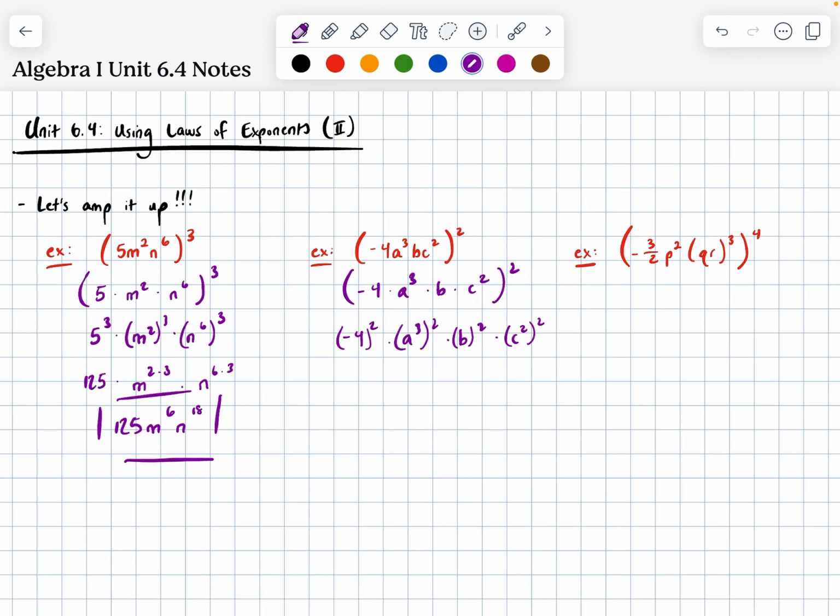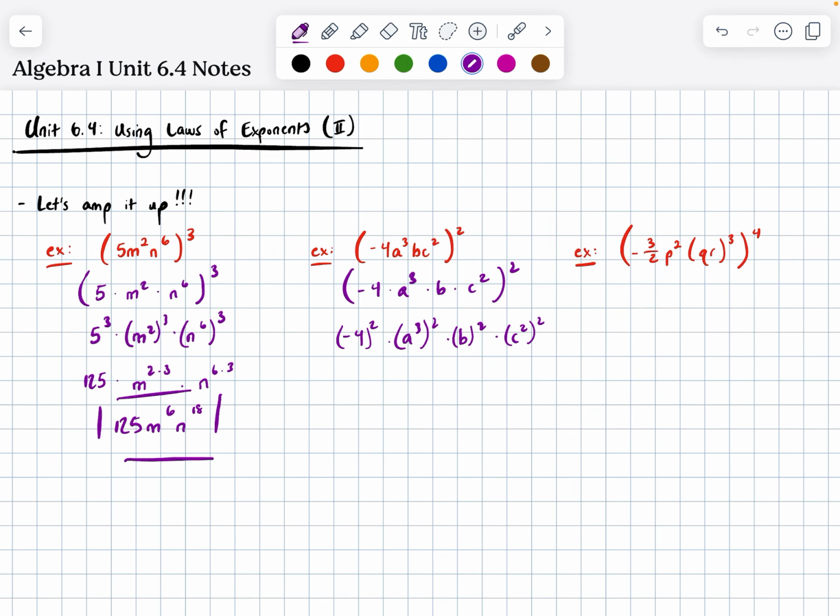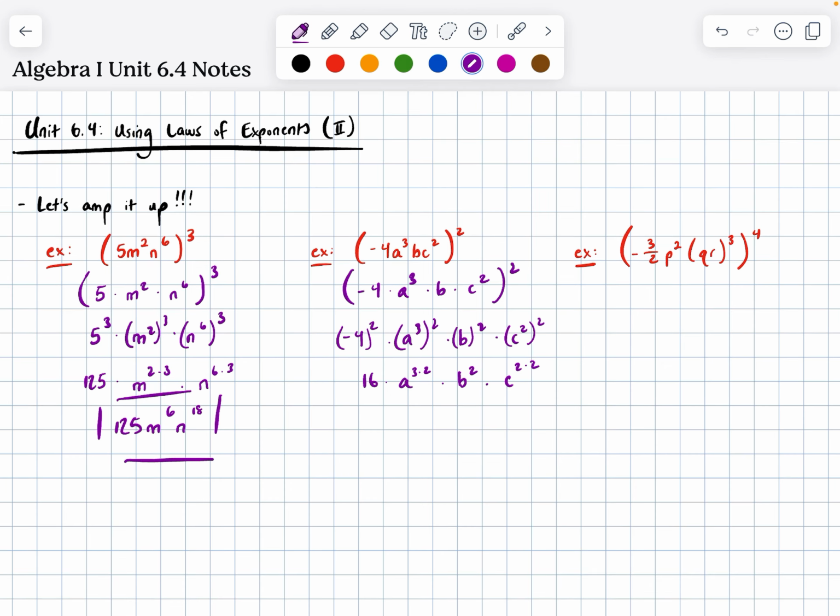All I need to do now is find my squares. Well, negative 4 times negative 4 gives me positive 16. I have a cubed squared, multiplying my exponents, so 3 times 2. B squared is just b squared. And then c squared squared, again, I raise an exponent to an exponent, I multiply. Last but not least, smushing it all together, well, I've got 16 times a to the power of 3 times 2, which is 6, times b to the power of 2, times c to the power of 2 times 2,